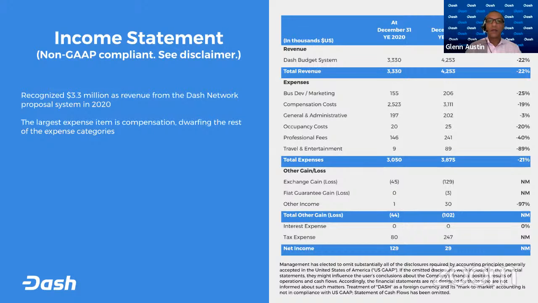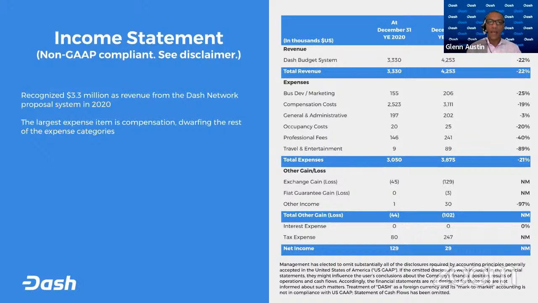In 2020, we did recognize a loss of $45,000 as a result of the depreciation of Dash held on our balance sheet. This loss is generated by a timing difference between receiving the funds from the network and the lag it takes to liquidate the Dash in the open market. As a policy since 2018, we have been liquidating the remainder of Dash we received from the network over a 1-month period. We also paid out our federal and state taxes in the third quarter of 2020 in the amount